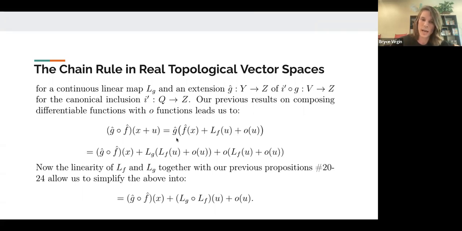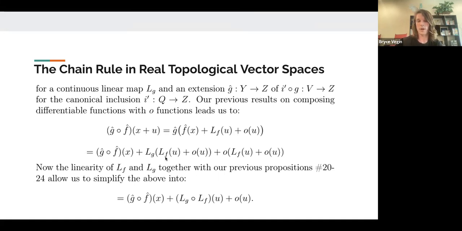Now we know how G hat treats sums. By its differentiability, this is going to be G hat composed with F hat at X, which is just G hat of this first term. And then we're going to have to start sticking into our linear approximation for G these second terms that appear in the argument. And the same will be true for the little o error function in our use of G's differentiability. Okay, so now this last expression right here, we can use the fact that LG is linear